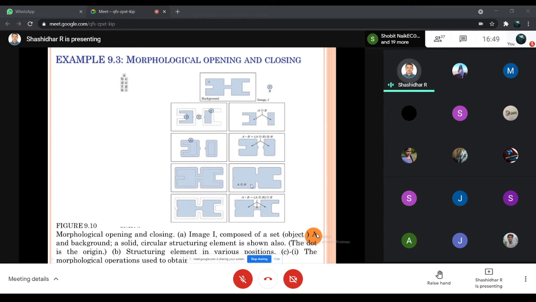After that, we again minus with B. The structuring element is again erosion with B. See, the output of A plus B is here. We use the structuring element to erode A plus B. Okay, the output of A plus B is eroded with B, right? So this is the output here: A dilation B, and the output of A dilation B is eroded by B.